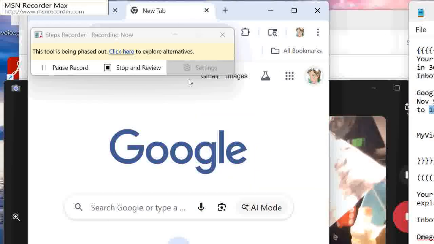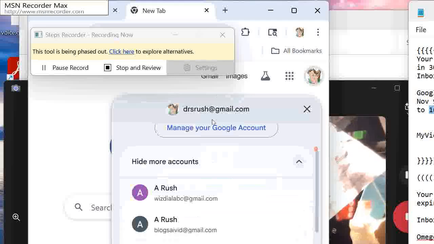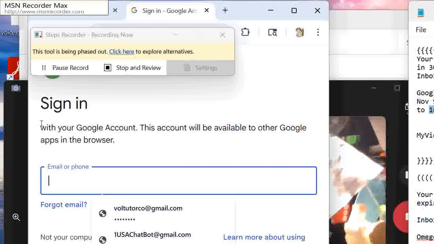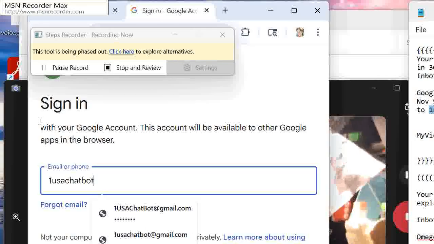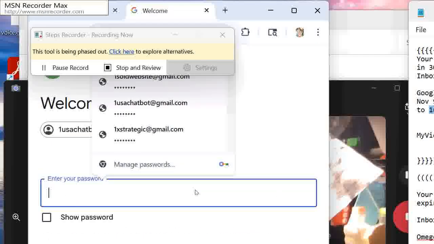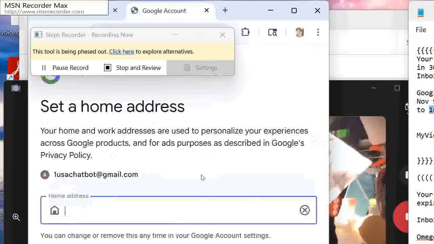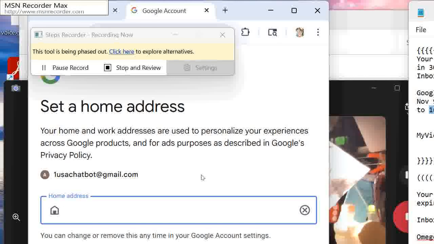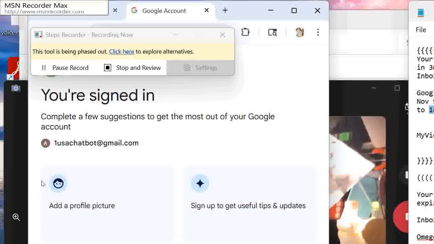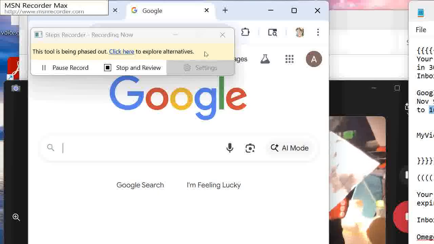And then it was the other one. So I want to scroll down to the bottom of the screen, click add another account, and then paste the new account that I need to log into and select it from my notes and click next to go to the password field, then enter the password and click next and log into the account. What do they want now? Set the home address. I want to skip all the irrelevant stuff and get into it so I can check the email,